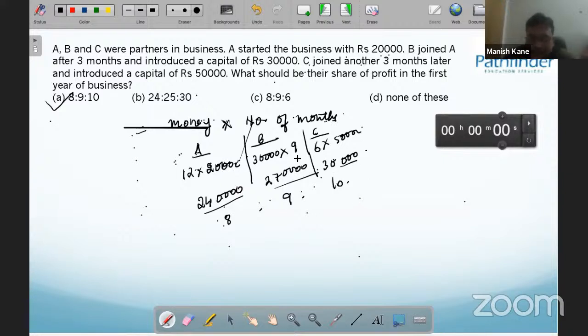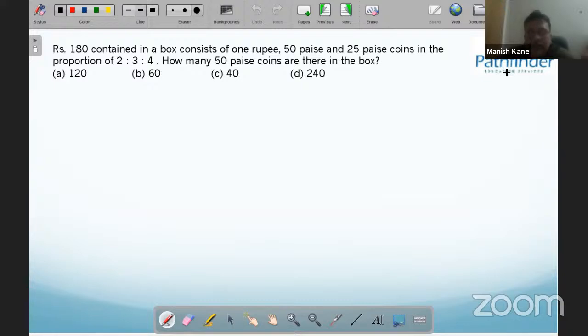But remember, the key to solving this question is that you have to take the ratio of equivalent capitals, and equivalent capital is nothing but amount of money multiplied by the number of months for which the partner is in operation. I hope that's clear. If it's clear, just type in understood, clear, any one of these words, and I'll know while you can try solving this one.